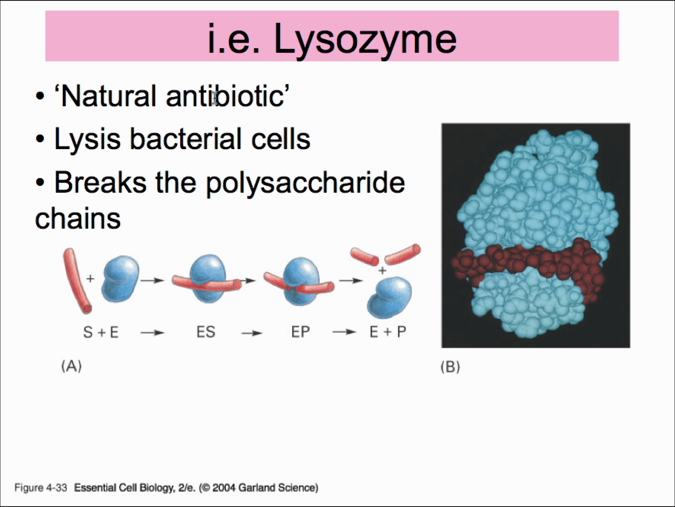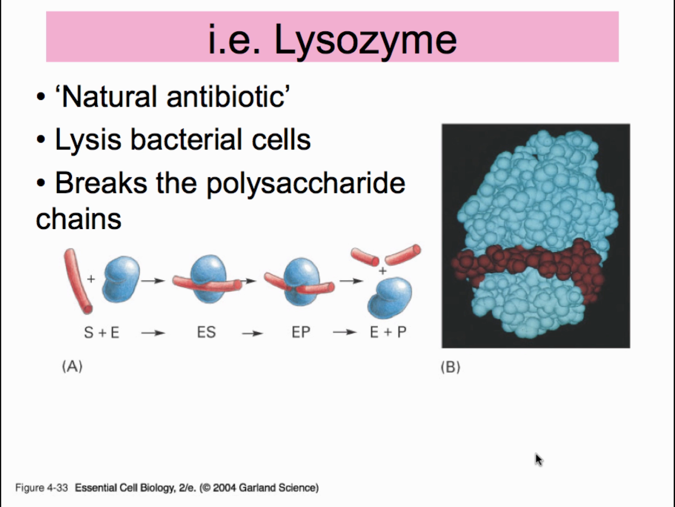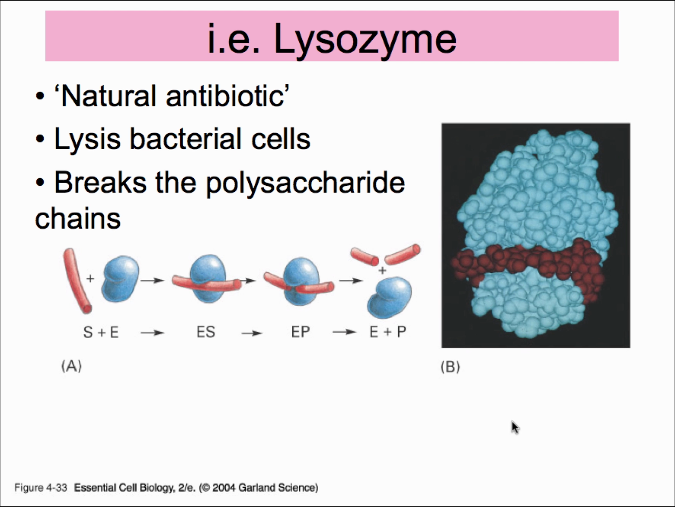It is a natural antibiotic because it has the ability to lyse bacterial cells by breaking the polysaccharide chains in the outer wall of bacteria. Here the enzyme is represented by blue, and the polysaccharide of the bacteria is represented by the red. The specificity of binding between the lysozyme enzyme and the polysaccharide ligand is high enough such that the enzyme will